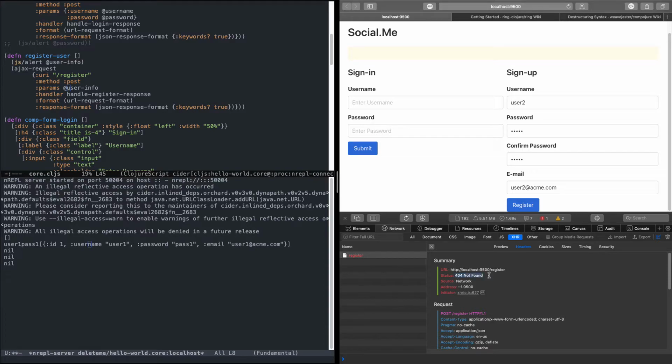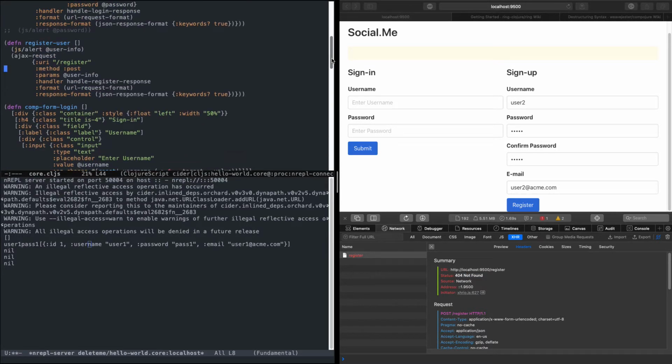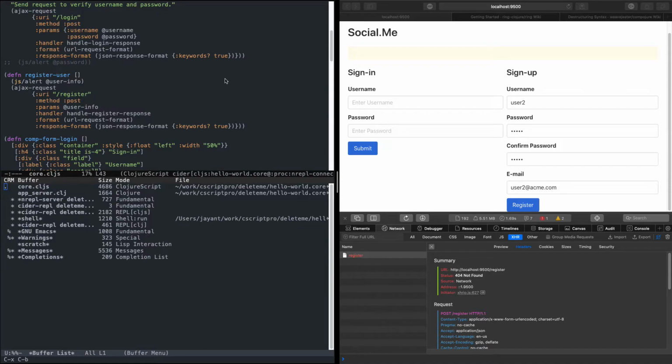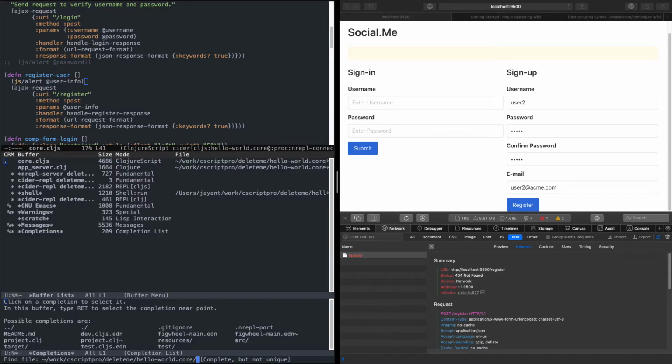We are still getting 404 not found, which is not good. So we missed something, and most probably that should be there is our